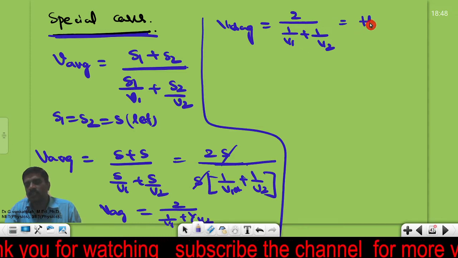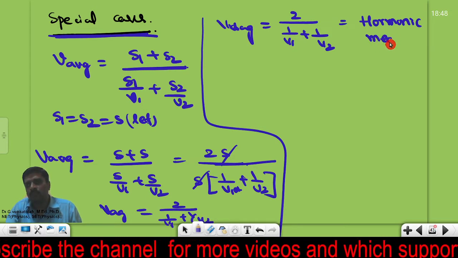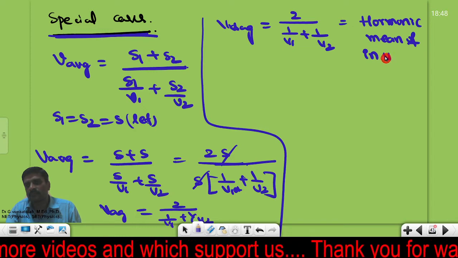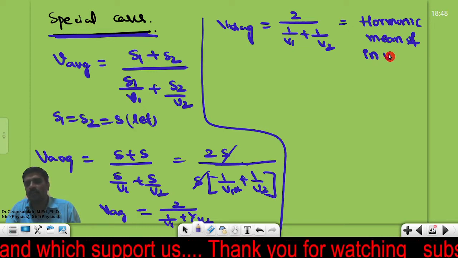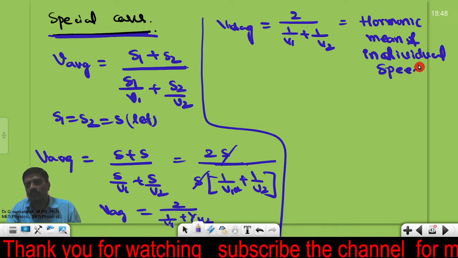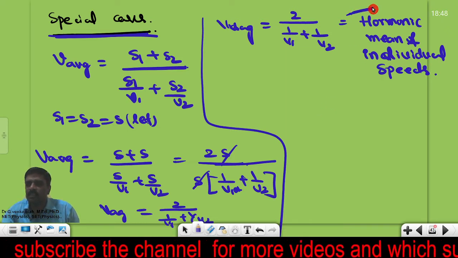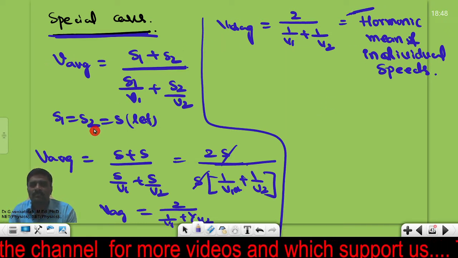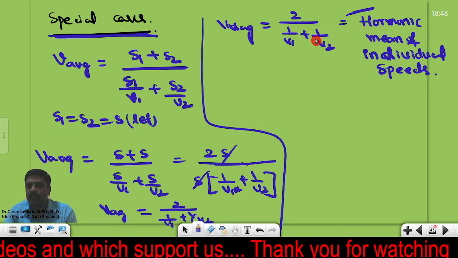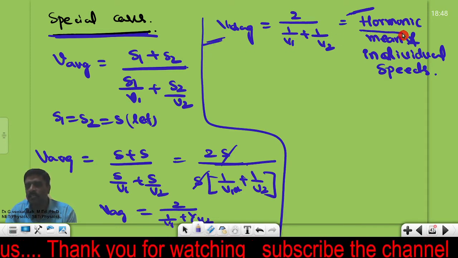This is very important: the harmonic mean of the individual speeds of the object. They may ask a question on this definition. If S1 is equal to S2, the average speed value may be given as one of the options, which is the harmonic mean